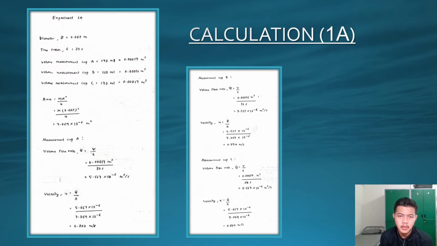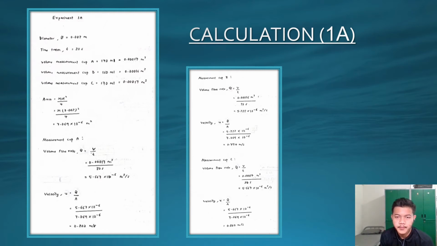A is 0.00017 m cube, volume measurement cup B is 0.00016 m cube, volume measurement cup C is 0.00017 m cube. The area that we got is 7.069 times 10 power of negative 6 m squared. Flow rate that we got for cup A is 5.667 times 10 power of negative 6 m cube over second. The velocity for cup A is